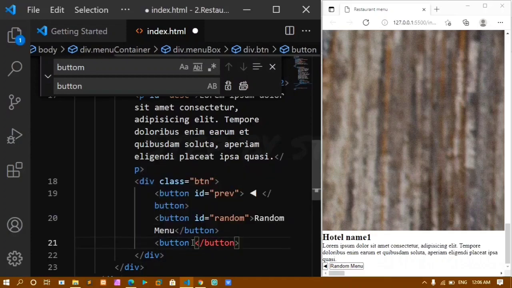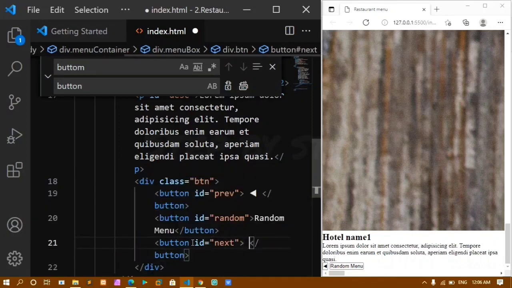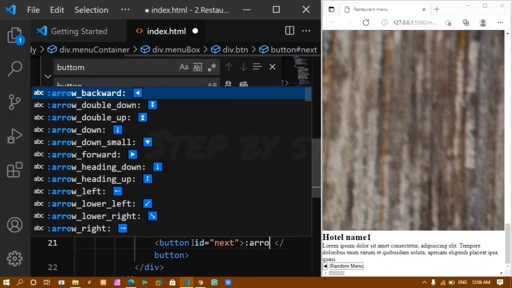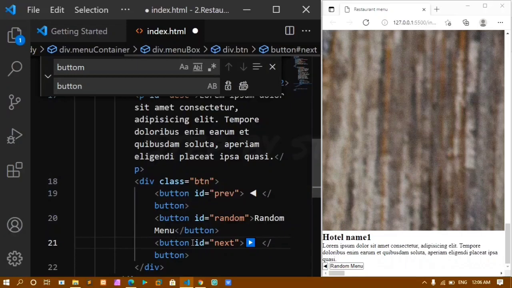Now inside my last button, I'll give the ID as next, and here I'll be writing that. I'll just write this colon and arrow, and I have this arrow here. I'll just do one time backspace, and I'll be getting this symbol here. I'll save this. Now you can see here I got my random button, I got my previous button,